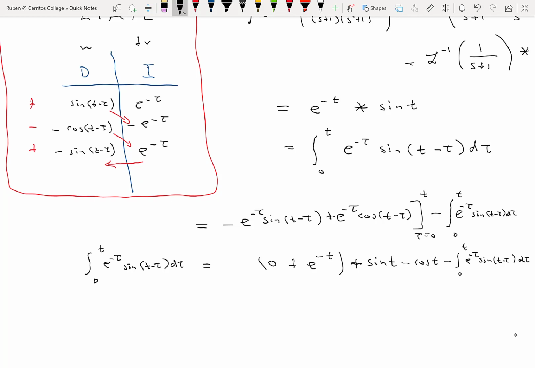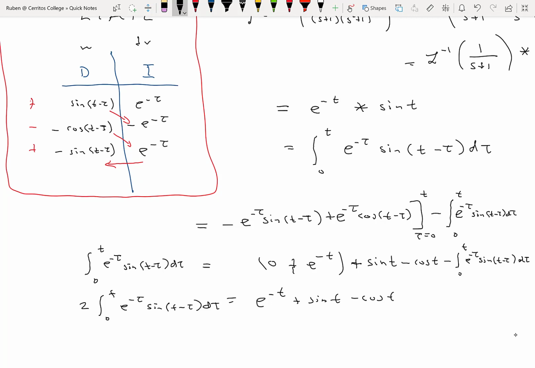So check out this line. The integral on the left, far left, is the same thing as the integral on the far right. If I add the integral on the far right to both sides, I'll have 2 of those integrals on the left. So 2 times the integral from 0 to t e to the minus tau sine of t minus tau d tau equals only the stuff that's left without an integral, the e to the minus t, the sine of t,